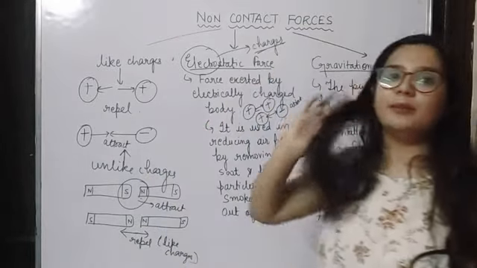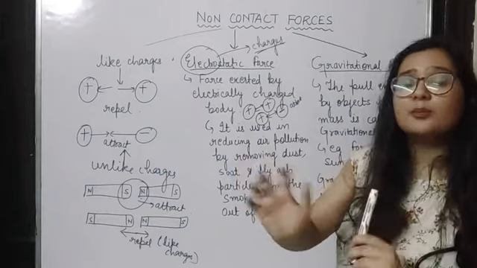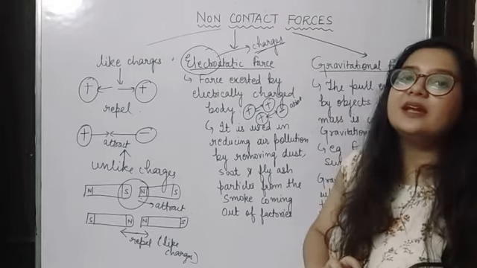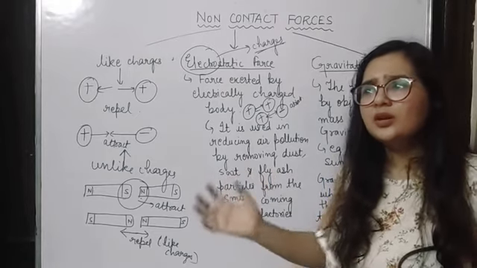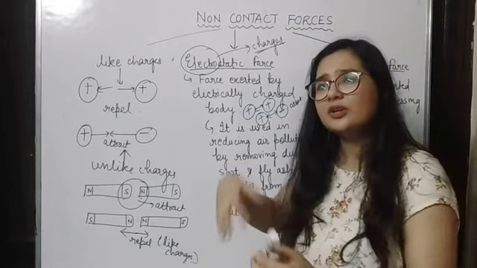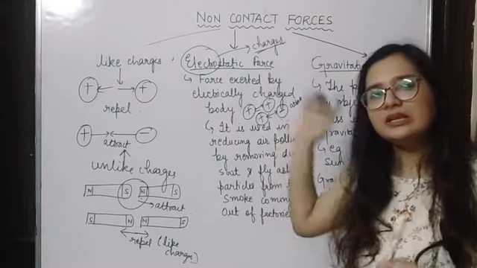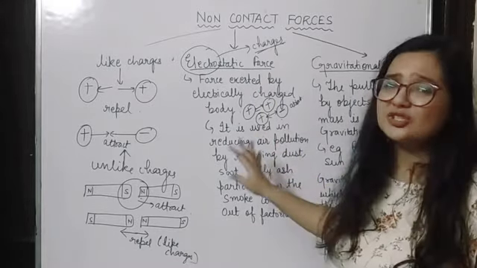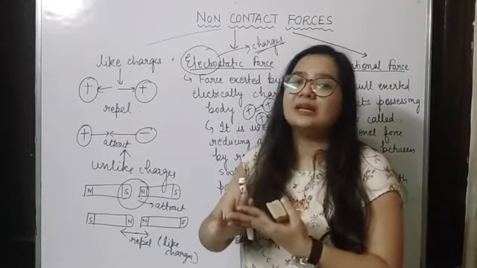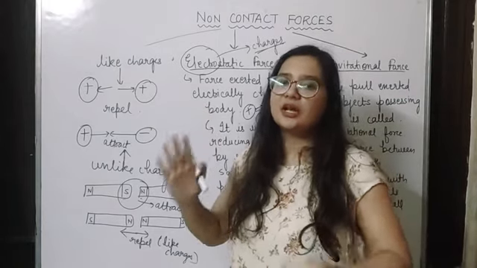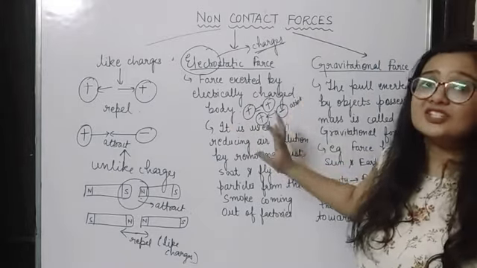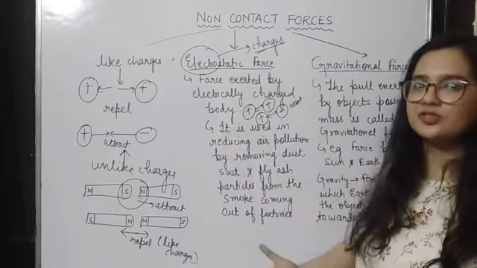Whenever you are rubbing one body with another body, one of the bodies will get a positive charge and the other body will get a negative charge, and this is due to the transfer of electrons from one body to another. What electrons, protons and neutrons are, we are going to study in detail in another chapter. Here you just need to keep in mind that when I am rubbing two cloths together, both of them are getting charged. One is getting negatively charged and one is getting positively charged. So this was the electrostatic force, in which negative and positive charges are involved.